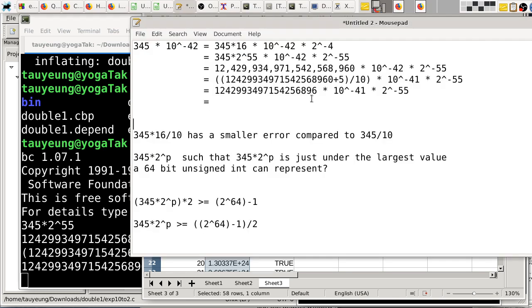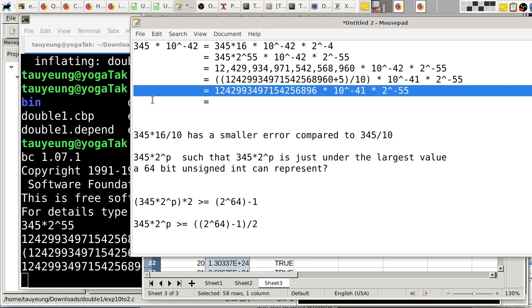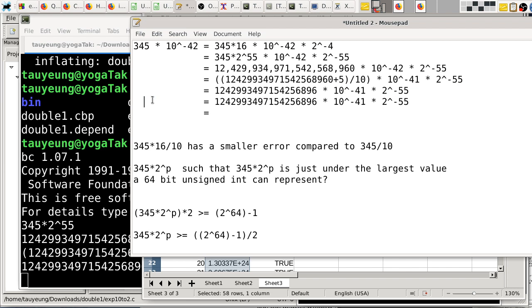All right, so in terms of the math, now that we know that we have to multiply this whole thing by 8, we'll just go ahead and copy this row, and this time we know that we have to multiply this by 2 to the power of 3, which means we have to adjust the power of 2 by 3 as well. So instead of negative 55, it is now negative 58. And now it's time to just carry out this particular